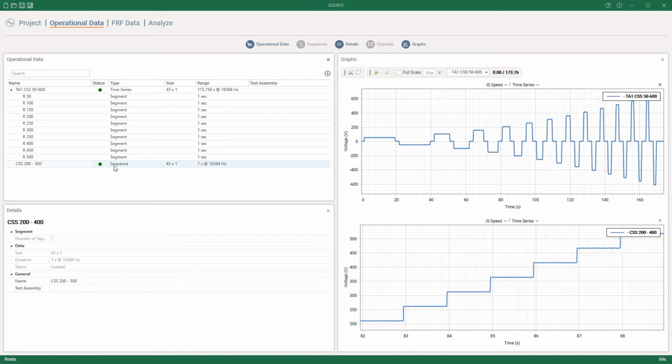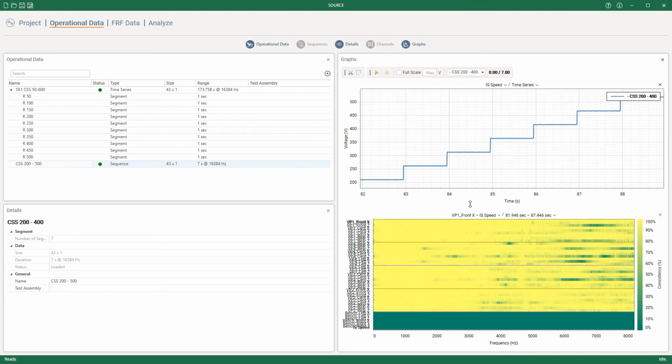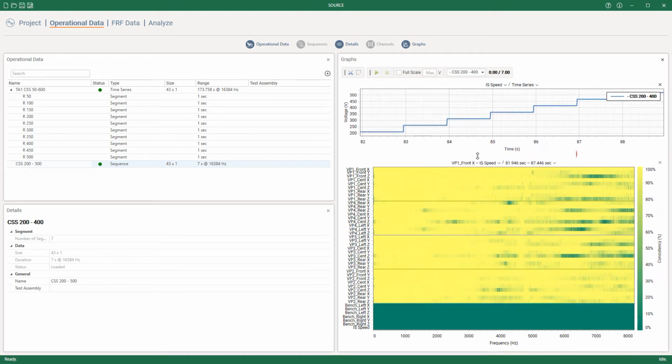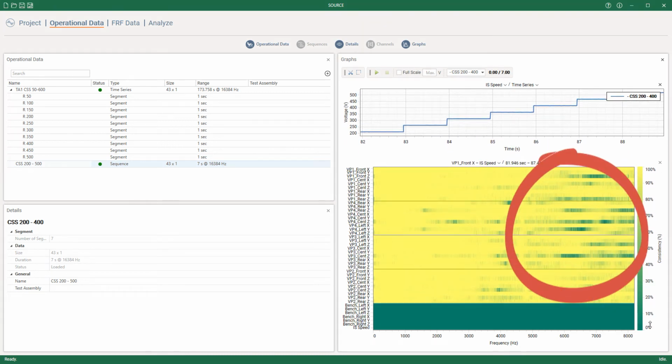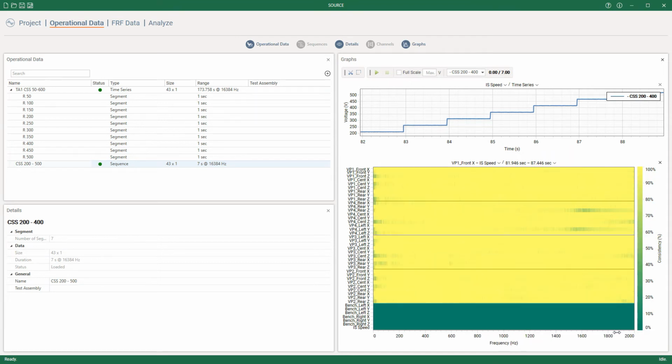For this, we make use of the fact that the channels of the sequence were automatically linked to the master channels and to the virtual points. This means that we can look at the operational consistency of the measured data. Here, the structure starts moving more flexibly in the higher frequency range. But in our frequency range of interest, the data looks very consistent with respect to the virtual point movement. This looks like a good measurement to me, so let's calculate some blocked forces.